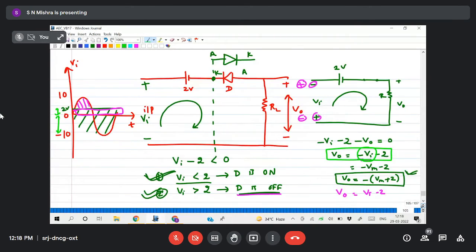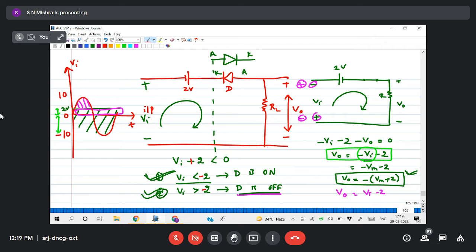Now if you do the opposite way, means instead of this plus 2, if I take minus 2, right, everything will remain same, it will be plus, it will be minus, it will be minus. When the input is less than -2, the diode is on; when it is greater than -2, the diode is off. Okay,